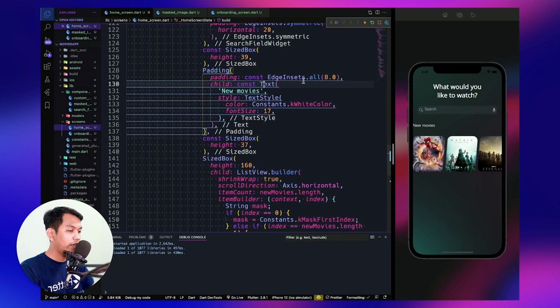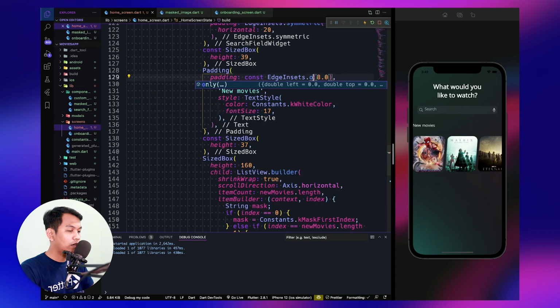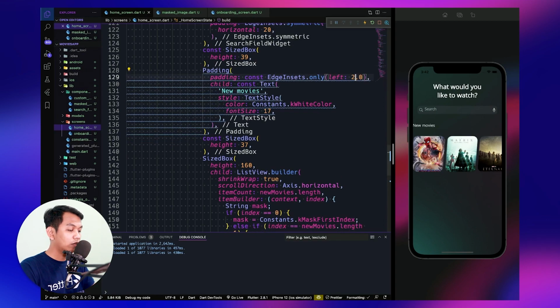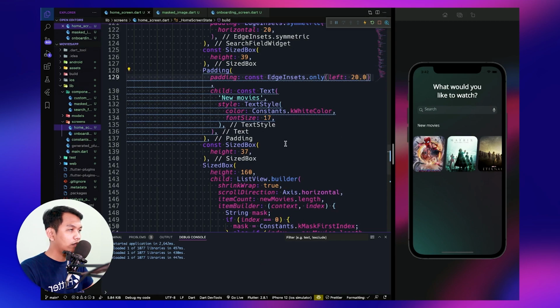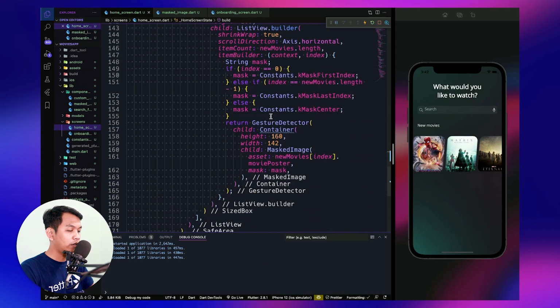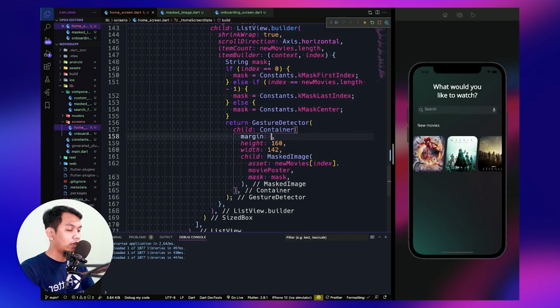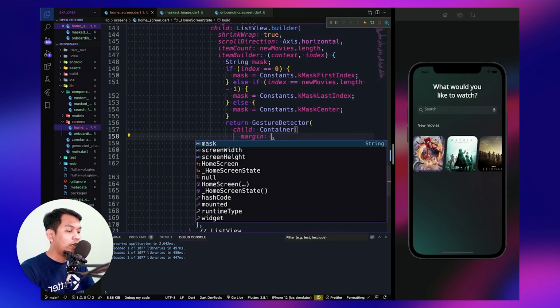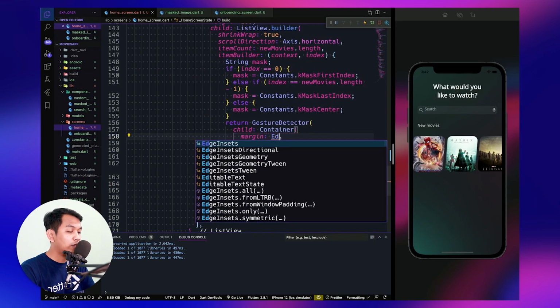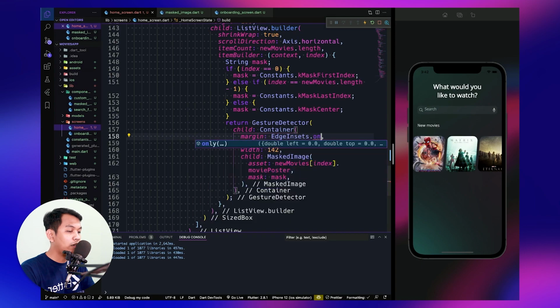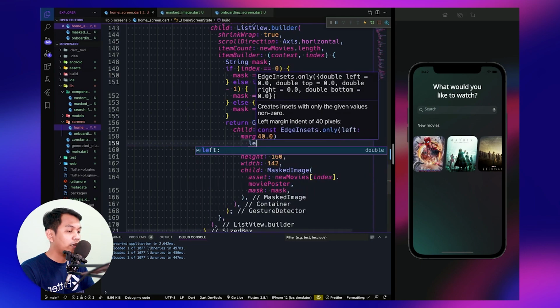For the padding, we will use only left 20, and inside our container we will use a ternary operation. The first one is an EdgeInsets, and we will only give padding for the left.